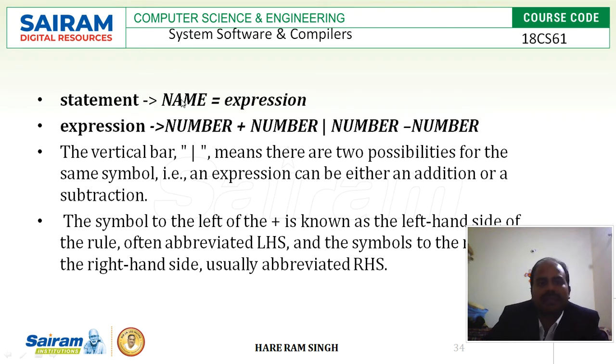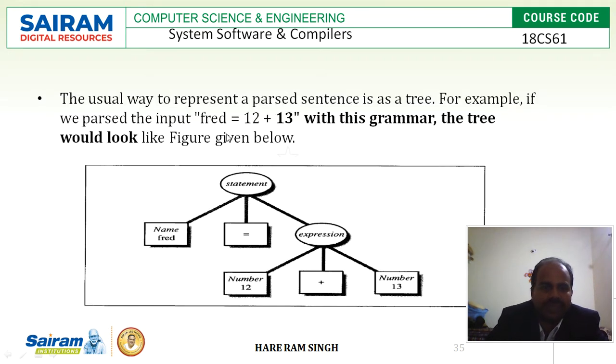Here statement can be name equal to expression. This is a statement. Now the symbol to the left of the arrow is known as the left hand side. This expression is called the left hand side, and this number plus number is called the right hand side or RHS. Let us see the usual way to represent a parsed sentence, which is a tree. For example, if we parse the input Fred equal to 12 plus 13 with this grammar, the tree would look